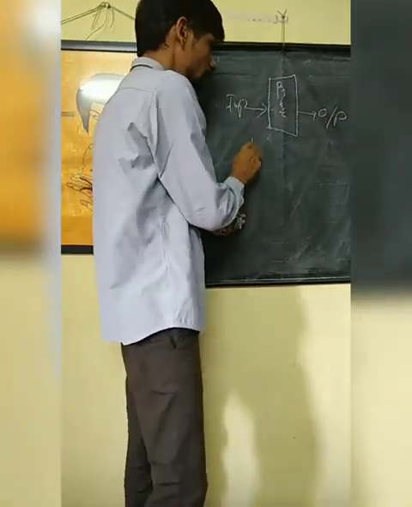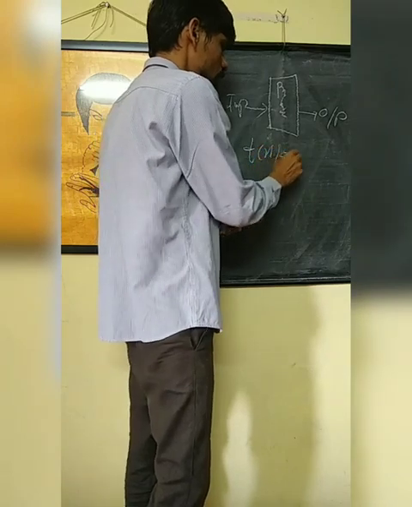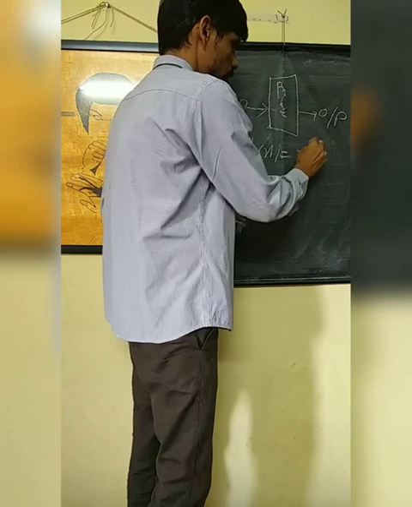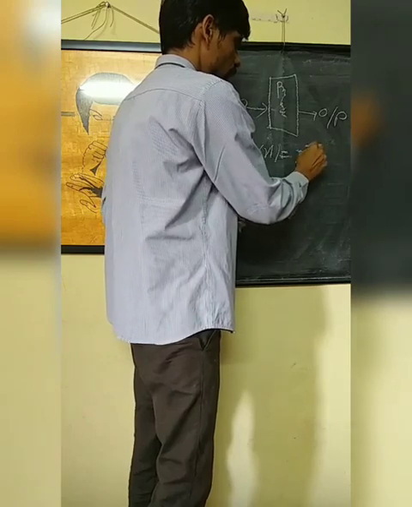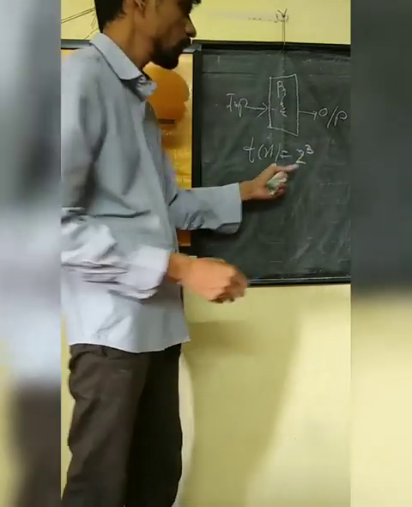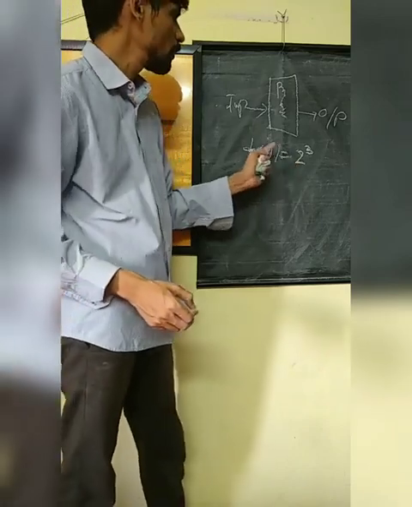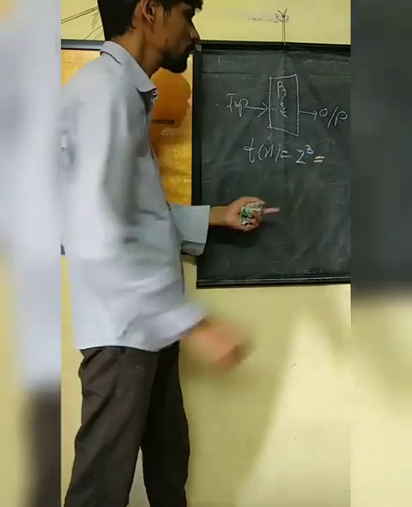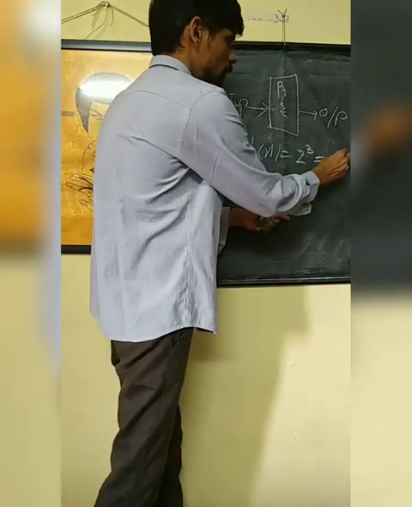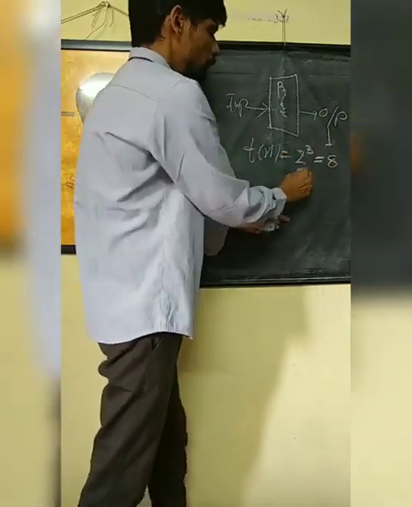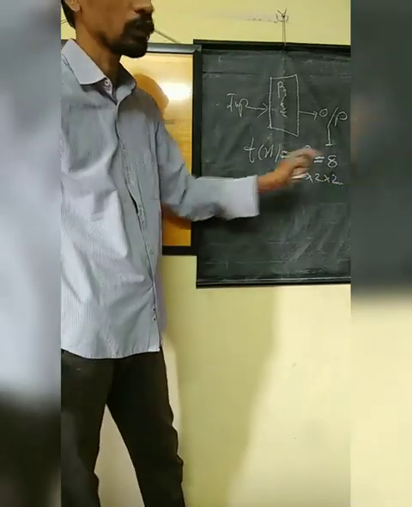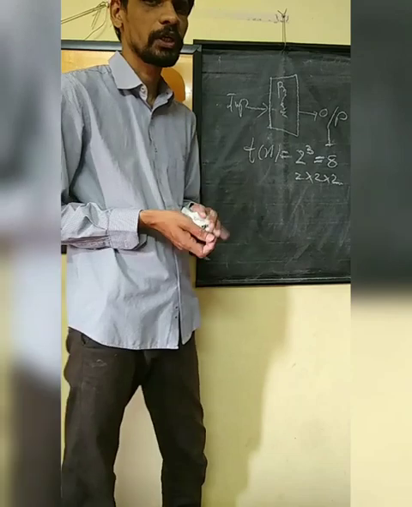So if I say I have function f of x equals two power 3, what it will do? My input, what it will give me output? What is the output of this? 8, right? 2 multiplied by 2 multiplied by 2. This is output. This is normal scenario. But